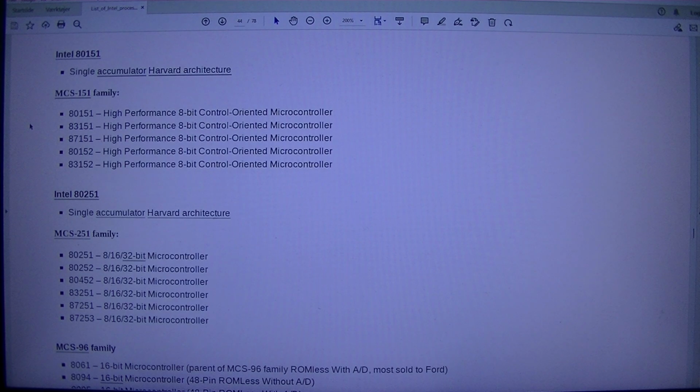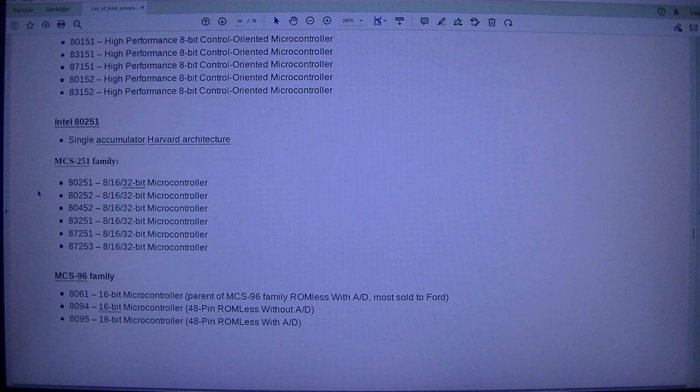83151 High Performance 8-bit Control-Oriented Microcontroller. 87151 High Performance 8-bit Control-Oriented Microcontroller. 80152 High Performance 8-bit Control-Oriented Microcontroller. 83152 High Performance 8-bit Control-Oriented Microcontroller. Intel